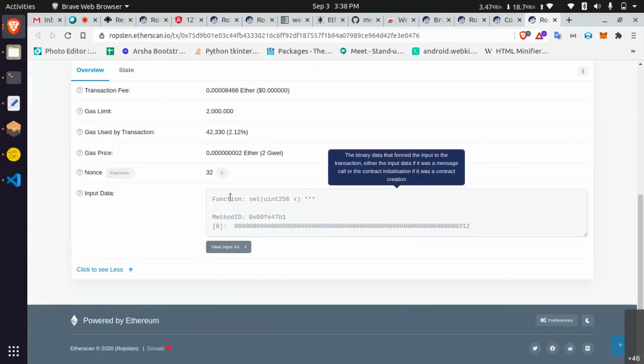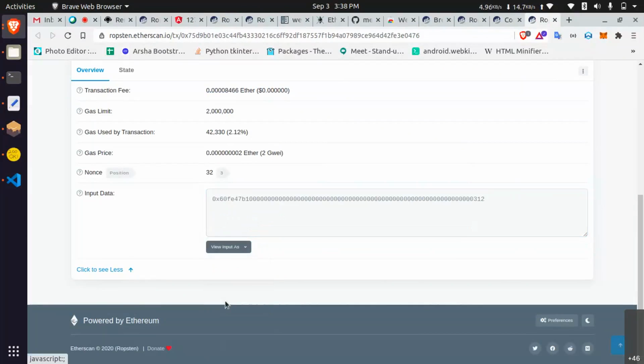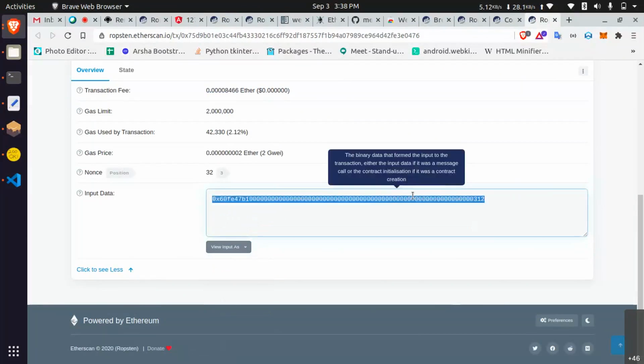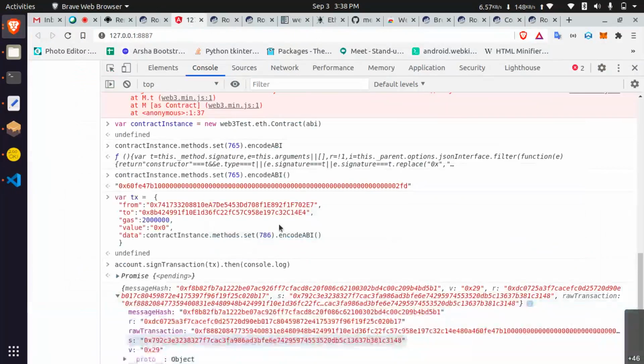You can see the function method I called, set method ID, and then this is what I showed as input in the encoded ABI. This first part is the function name. Rest of them are arguments. Okay, let's see.